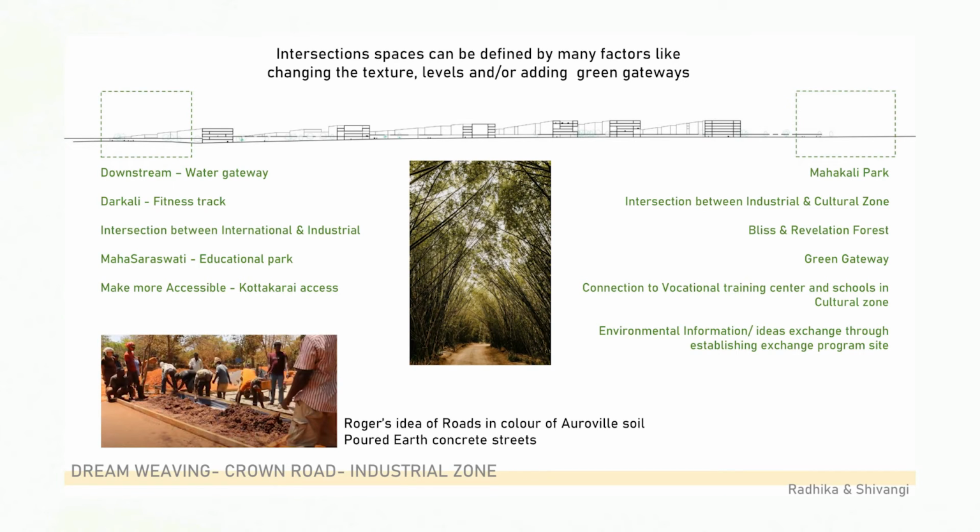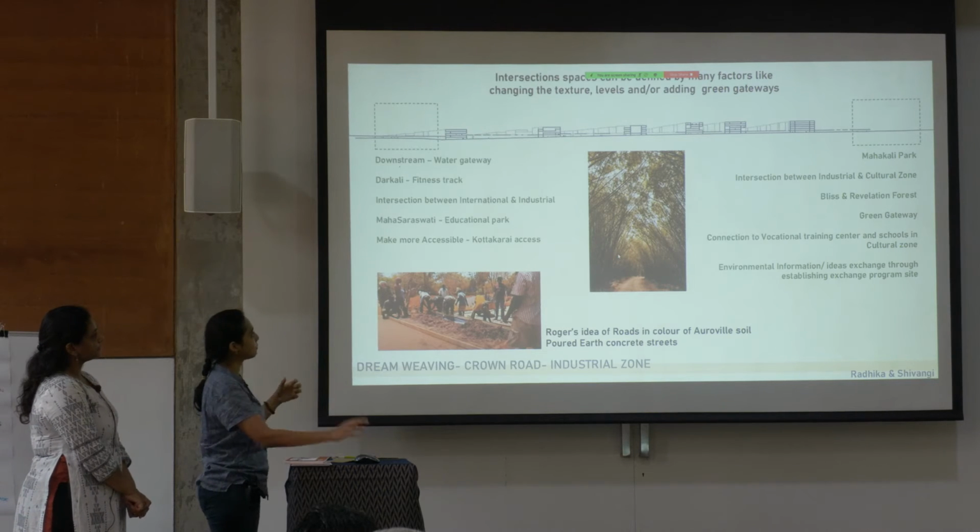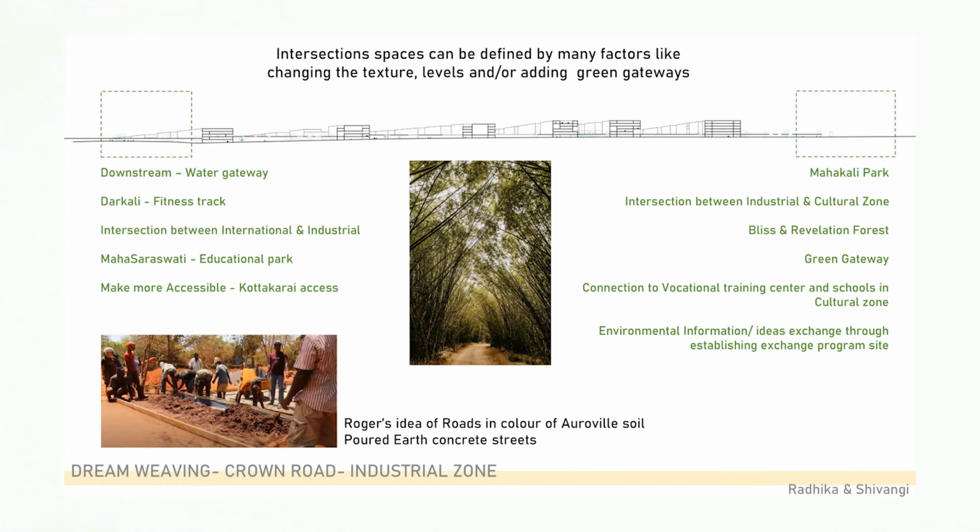When we look at the parks, they are crucial points where we would like to filter out, and something like green gateways can come in. They become anchor points where we know that we are transitioning, and they also filter the heavy motorized traffic to a less polluting, lower impact traffic which goes into the zone. And again, we can also play with the textures of the crown itself.